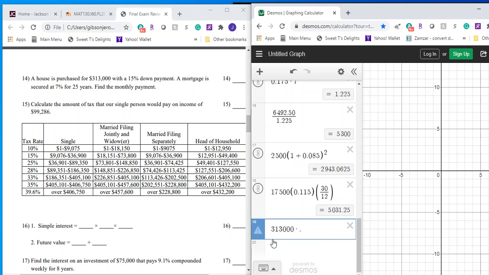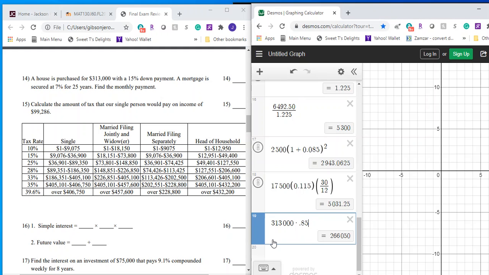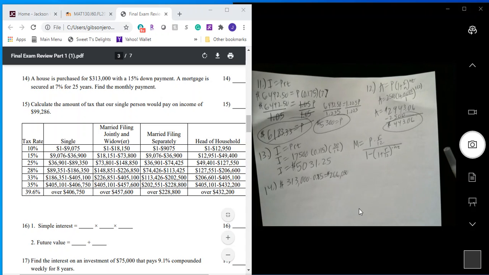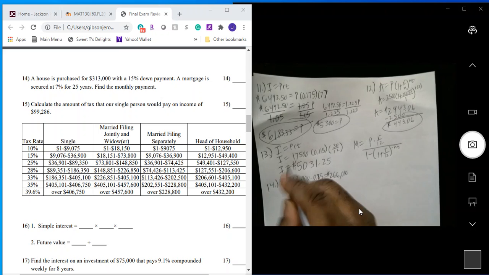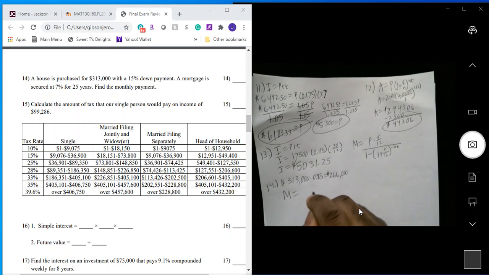85%, not 15%. And that would give us our new principal, which is $266,050, because we don't need to know what the down payment is. They didn't ask us for that. Okay, now they tell us that our rate is 7% and it's at 25 years. So we're going to go through and substitute. The principal now is